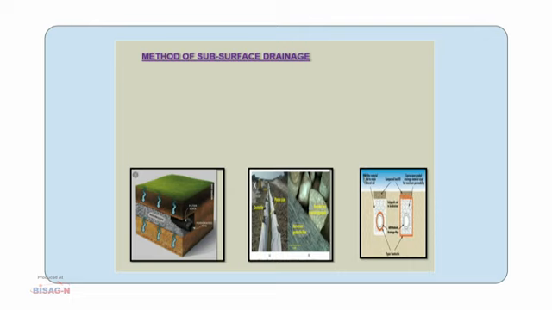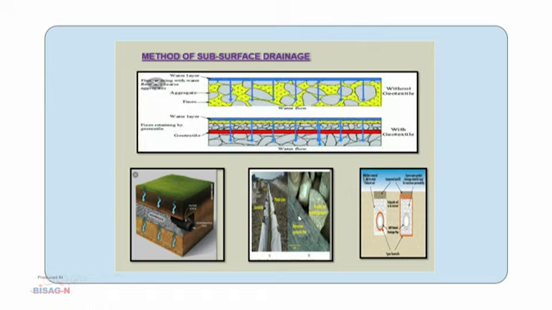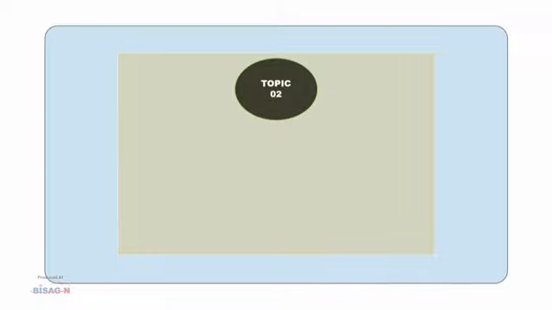This is the photo, this is the geosynthetic layer. Basically, these are the ways to construct subsurface drainage in the pavement. Now, come to topic 2,